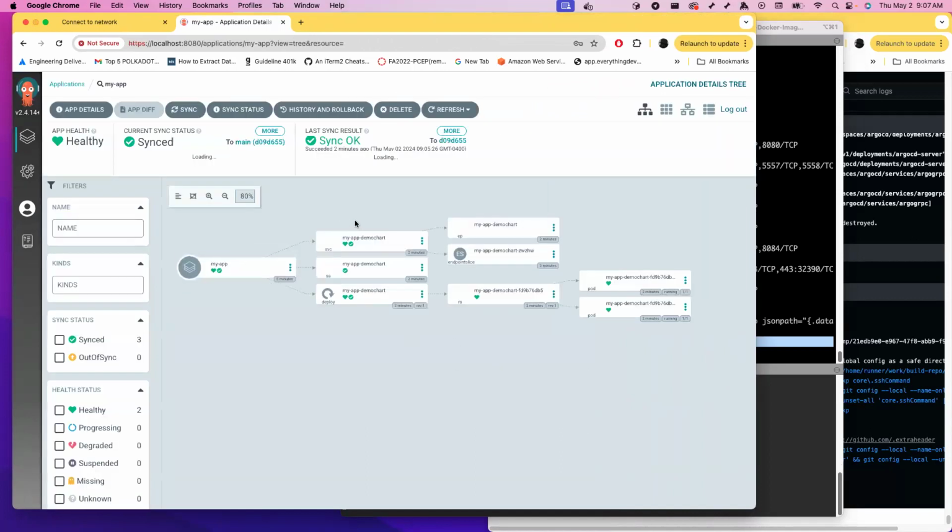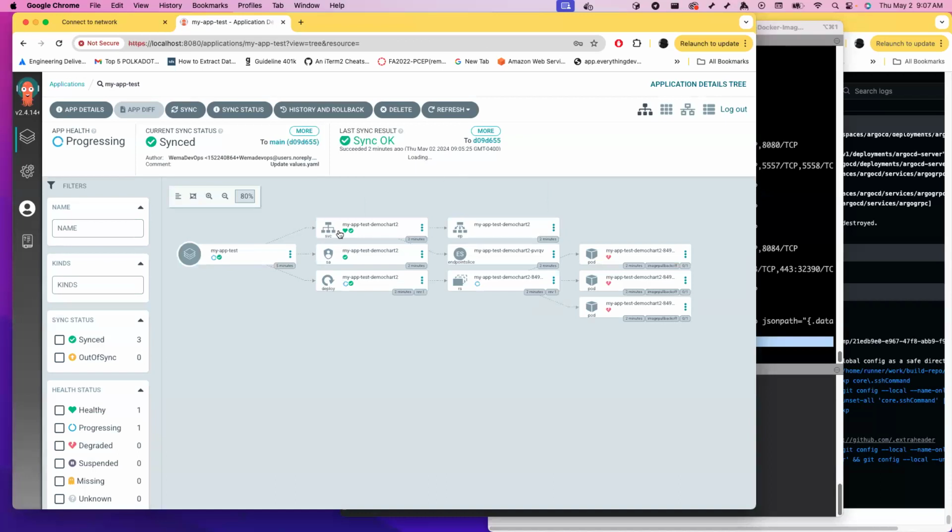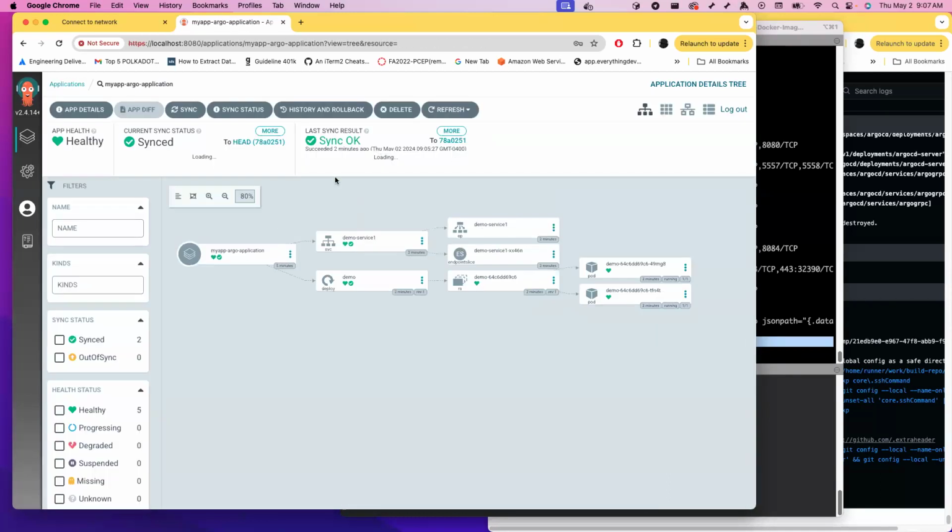Now I look at this first one, it has 2 pods that are running, right? 2 pods that are running. I go back to my applications and I look at my tests. They are unhealthy. The pods are, it's a Helm chart, they're unhealthy. And I look at the other application, my ArgoCD application. I have 2 pods that are running, okay? 2 pods that are running. So now we can use ArgoCD to monitor